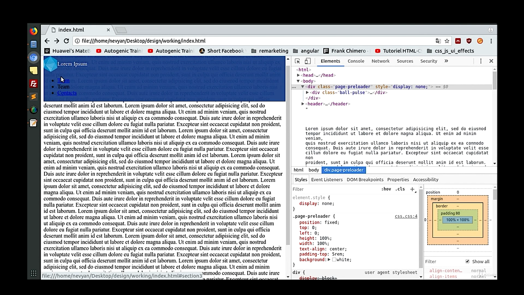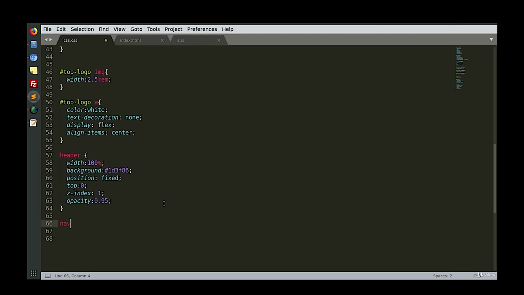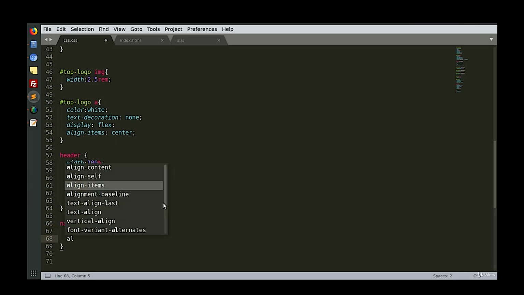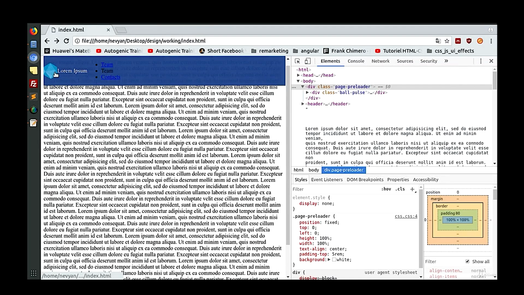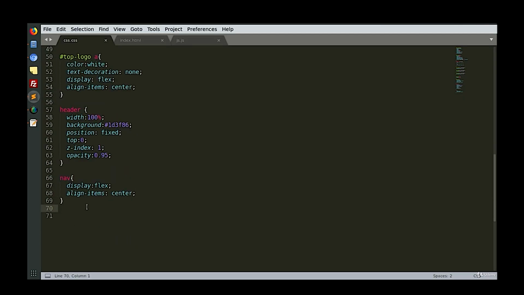Let's now place those items up here. For the navigation, we'll display it flex, and again the same rule, we use align-items center. Now they are centered across the whole menu section, and now we'll do the same for the LI tags here. So we'll be targeting nav ul. We'll copy those lines,